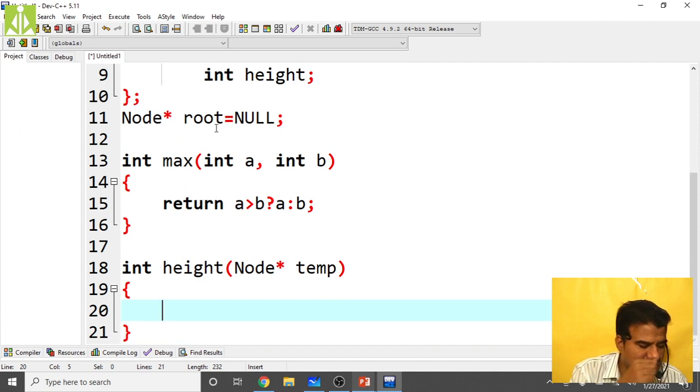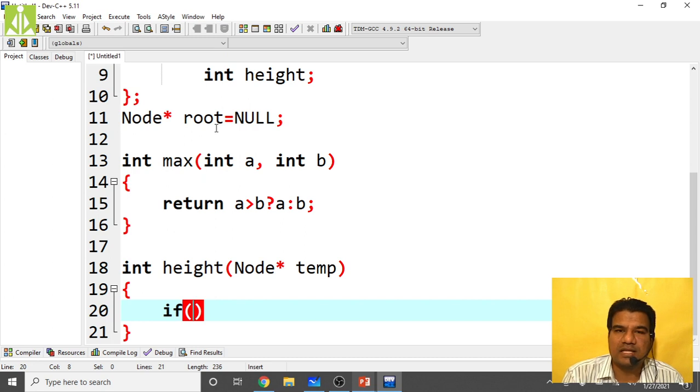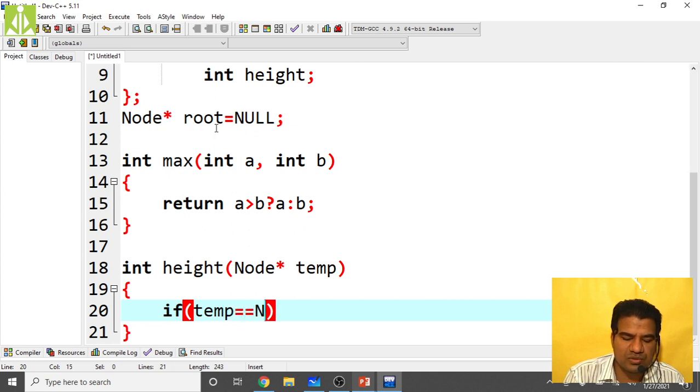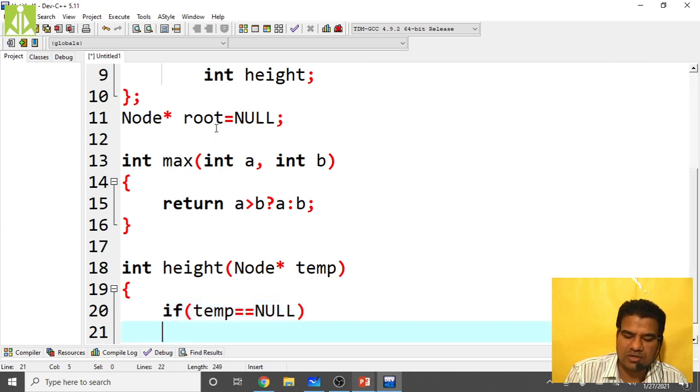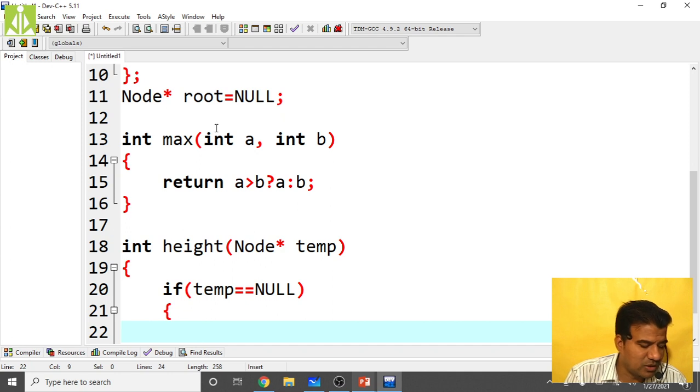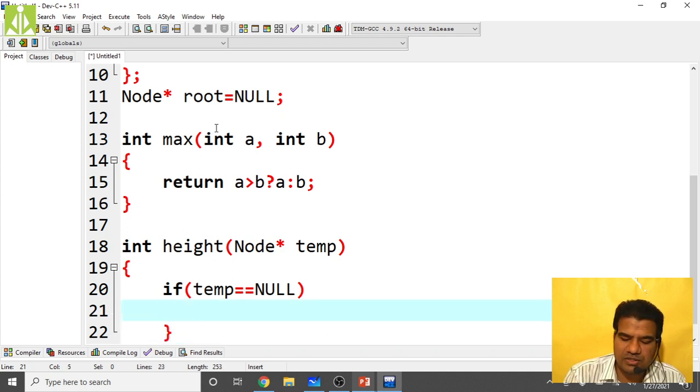How? If the node you are receiving is null, if temp is equal to null, that means return 0, that means no height.